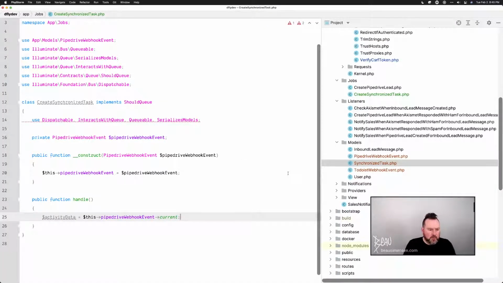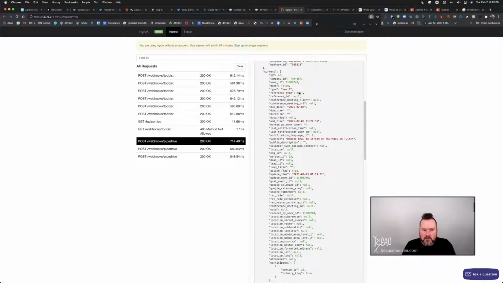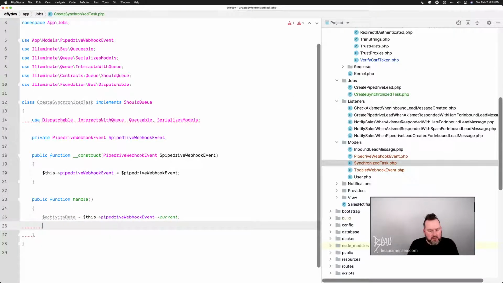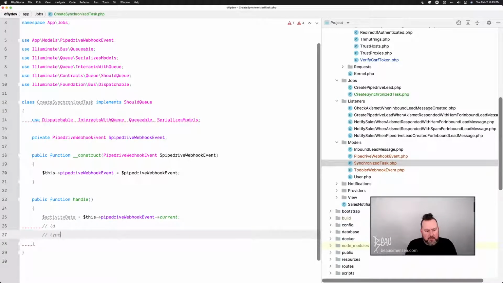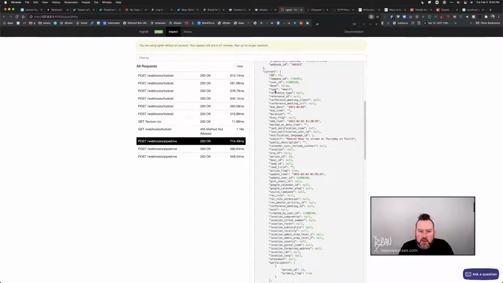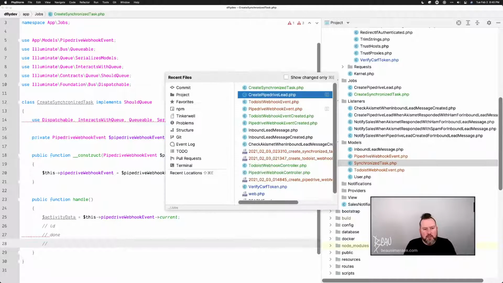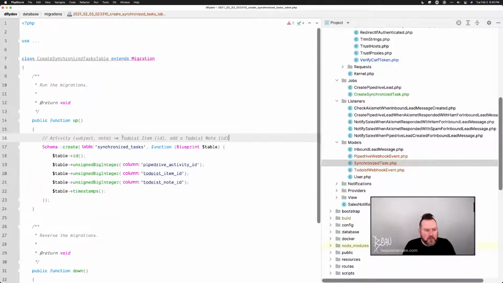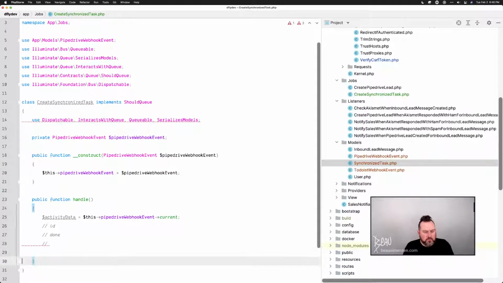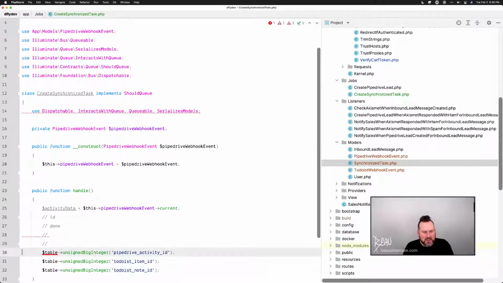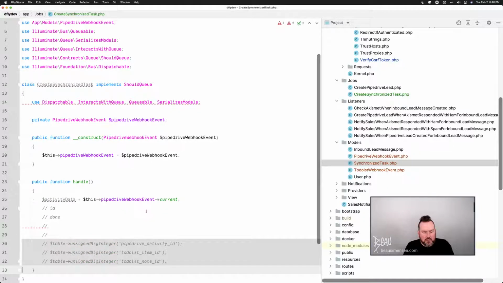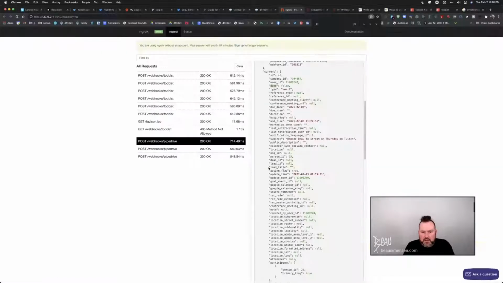So we've got ID, type. I'm not going to do anything with type just yet. Done. And look at our synchronized. This is the information we have so far. I think you can technically create an activity that's already completed, or it's already done. So ID done,